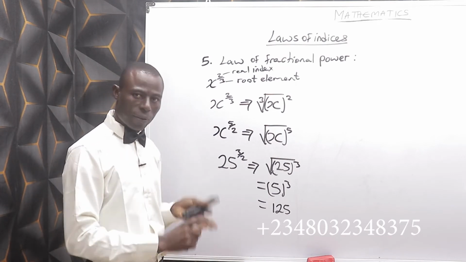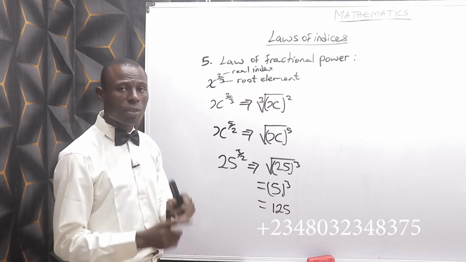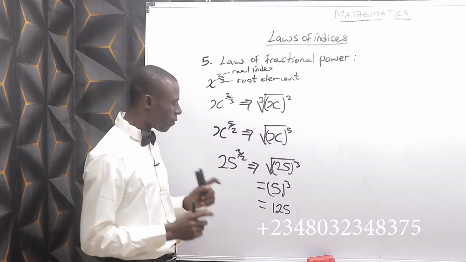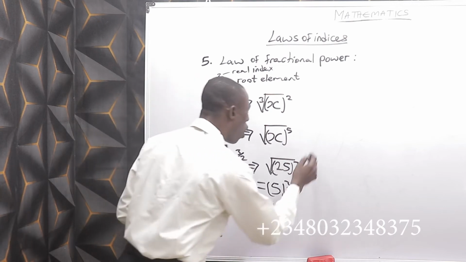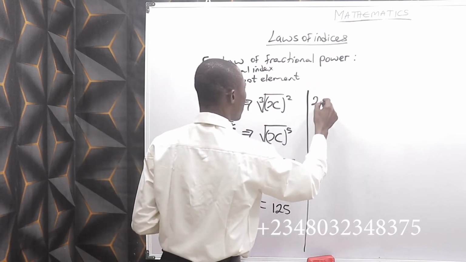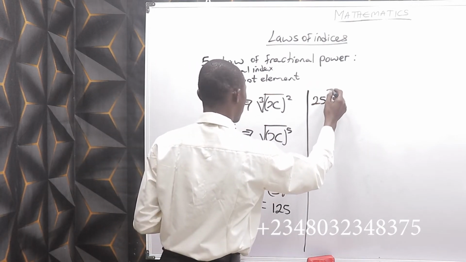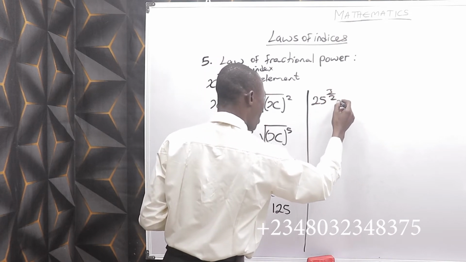5 raised to power 3 means 5 times 5 times 5. 5 times 5 is 25. 25 times 5 is 125. That is it. Or you may choose to express 25 raised to power 3 over 2 as